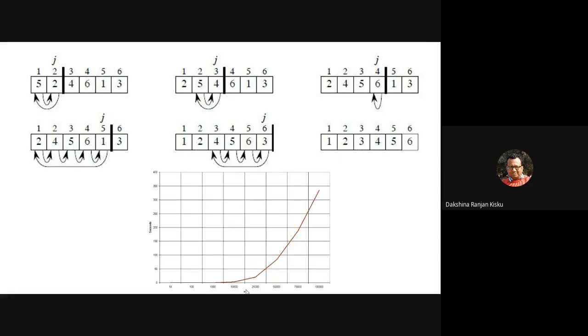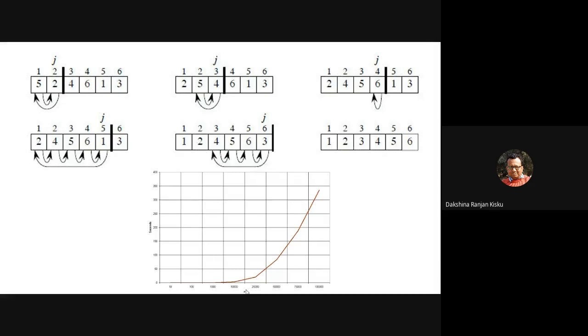So in this way, an element will be moved only when it is found to be greater than the inserted element. That means if the element on the left of the inserted element is greater than the inserted element, then only that element will move to the right of the inserted element, and the vacated position will be occupied by the inserted element. Okay.